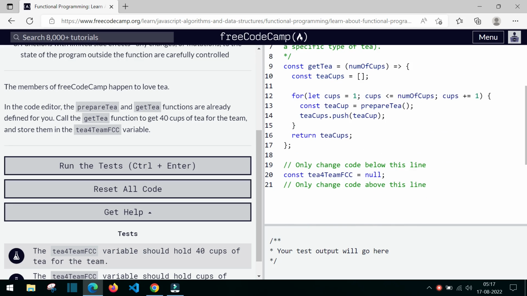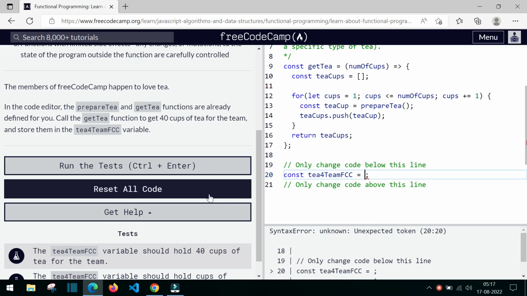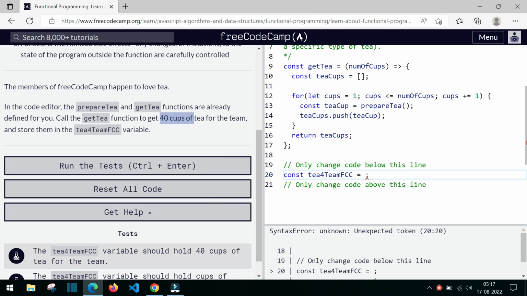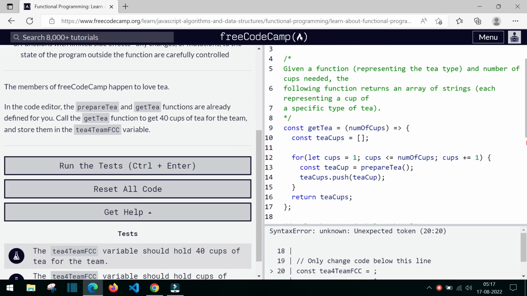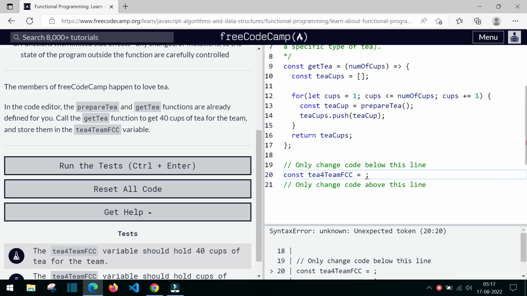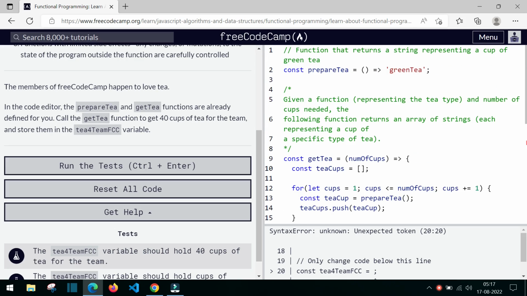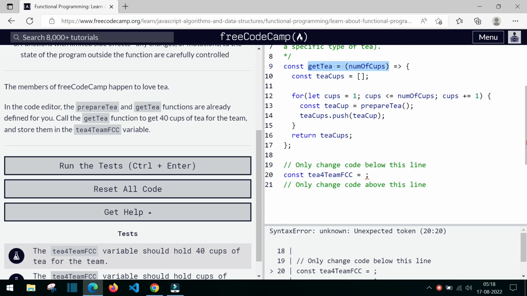That's it. So how to do all these things? First of all we have to specify the number of cups. At which function do we have to specify the number of cups? The getTea function. In the getTea function you have to specify the number of cups, because getTea is the function which receives the number of cups. So call the getTea function here